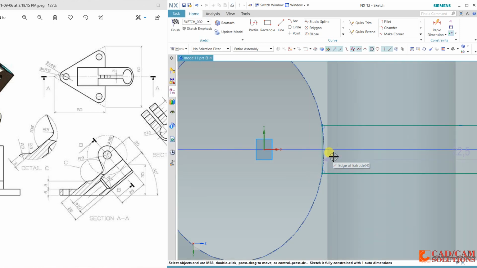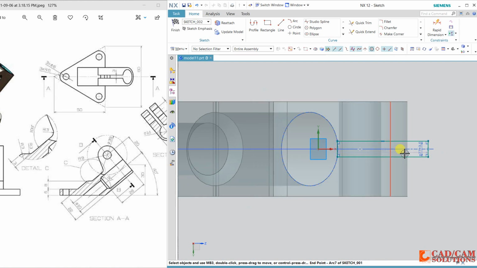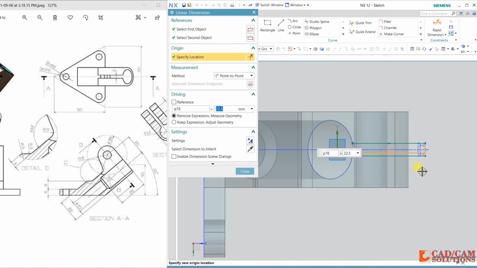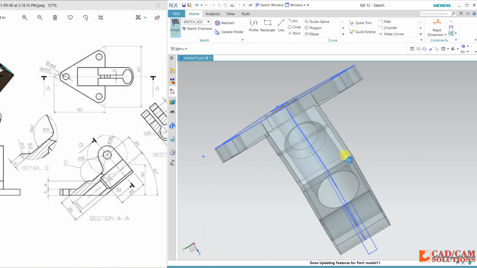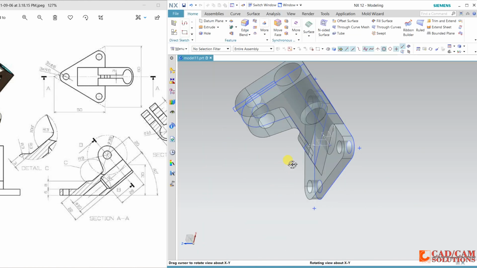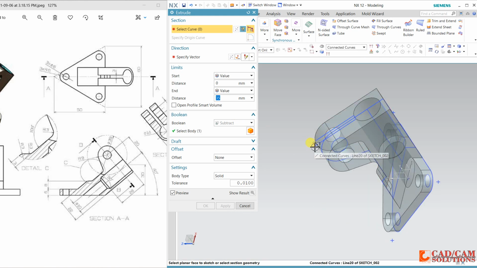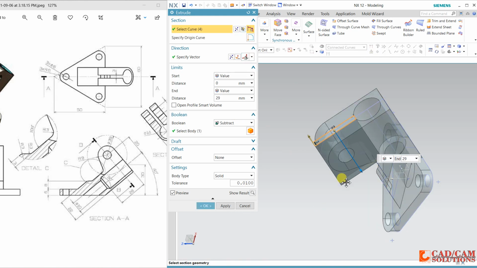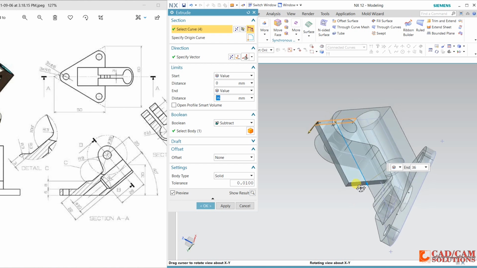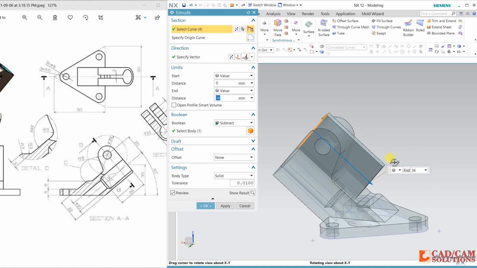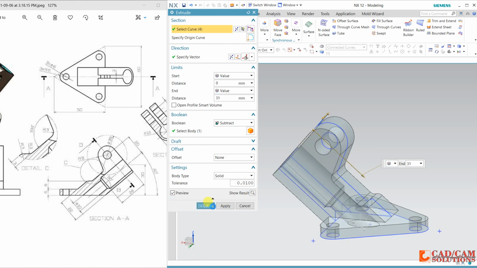The length doesn't matter, you can increase it. And now extrude in the reverse direction, and okay, apply.